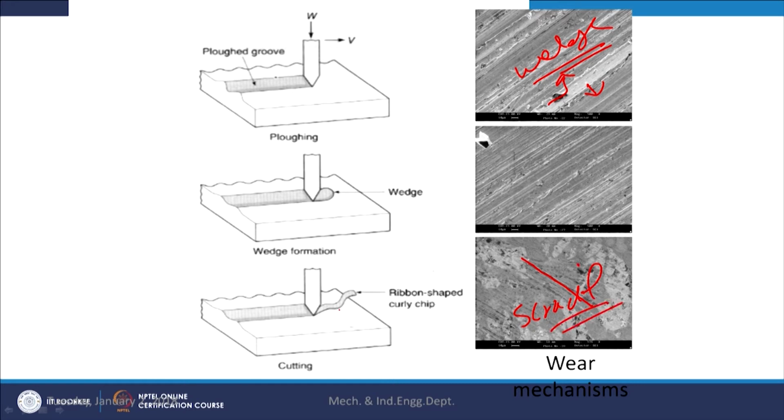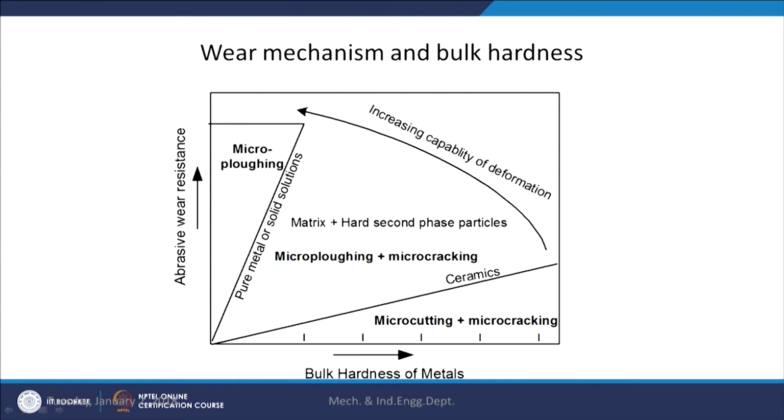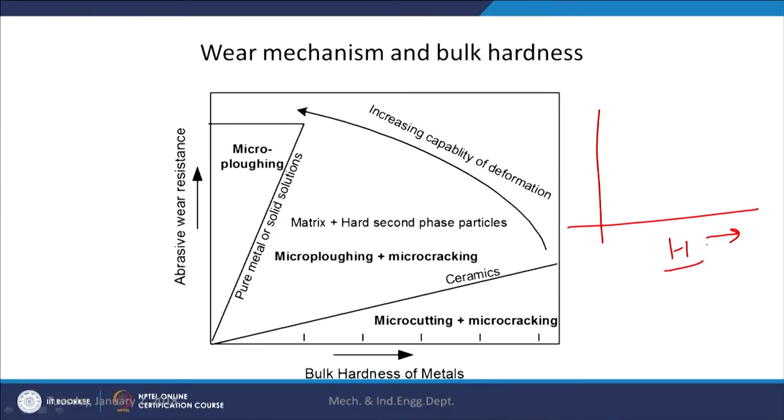This is like a removal of the material by the cutting in form of a ribbon, in form of chips, and here some of the material is displaced ahead of the abrasive particles, but some of the material will be displaced sidewise. This figure particularly shows which type of abrasive wear mechanism will be dominating. So, what we can see here, when the material is really hard, we can see then, so in the x axis we have the hardness of the material, and in the y axis we have the abrasive wear resistance.